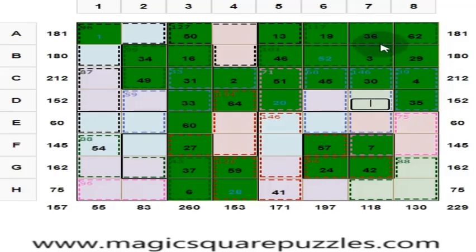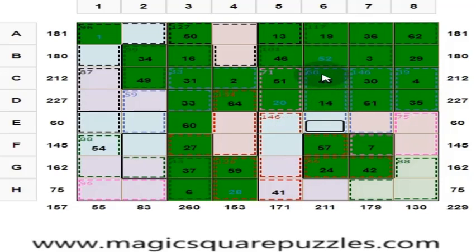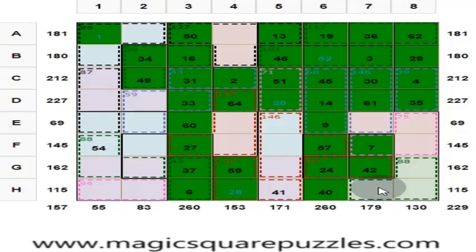Okay. And what is this? 36 plus 3, 39. 39 plus 30, 69. Here you put 61 to get 130. And what is this? So this is 52. 51 plus 20, 71. 71 plus 45, 116. Here you put 14. 45 plus 14 is equal to 59. 59 plus 9 is equal to 68. And what is this? Here you put 40 to get 60 here. Answer is right, color changes.